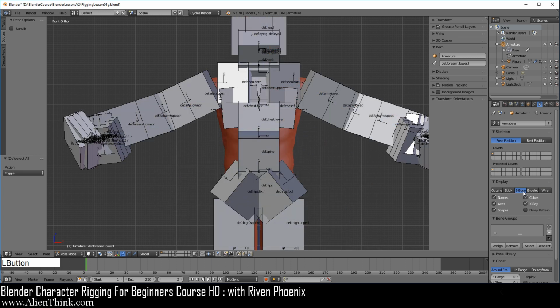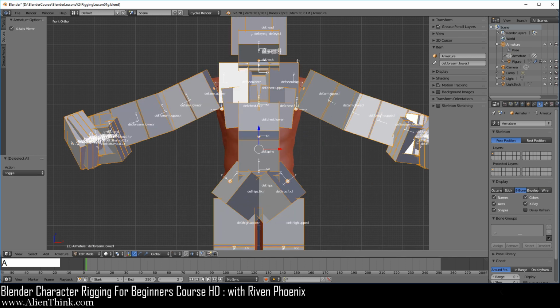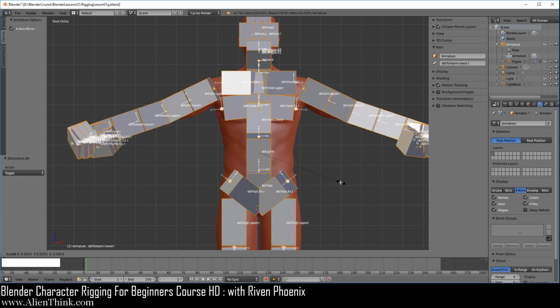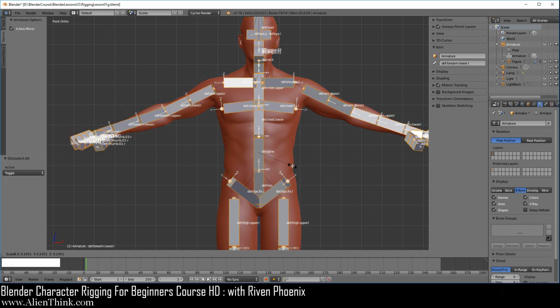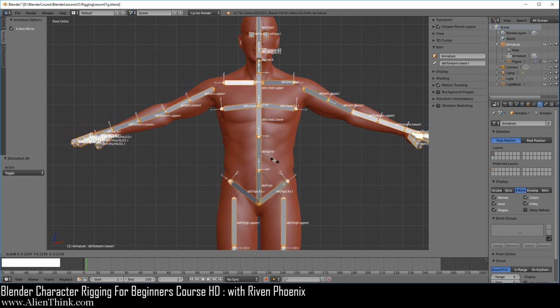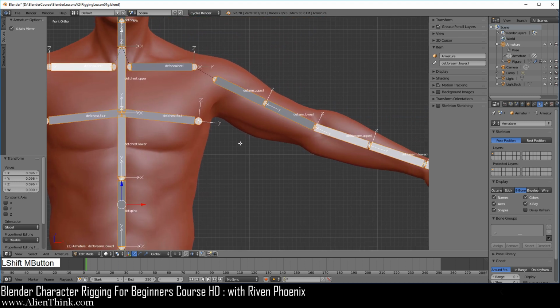So if you click on B bones and now switch to edit mode and then do A to select all the bones, do Control Alt S, you can actually bring down the scale, or really it's just adjusting how the bones look inside edit mode. So here we're just going to park it like this. Okay, go ahead and zoom in, shift middle mouse button.